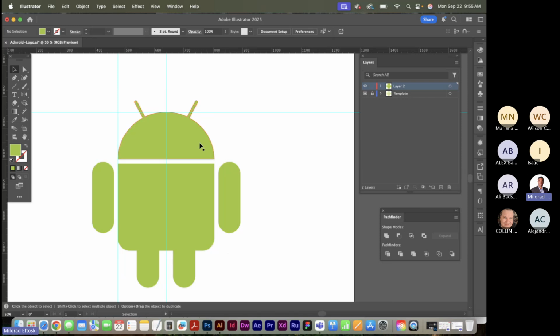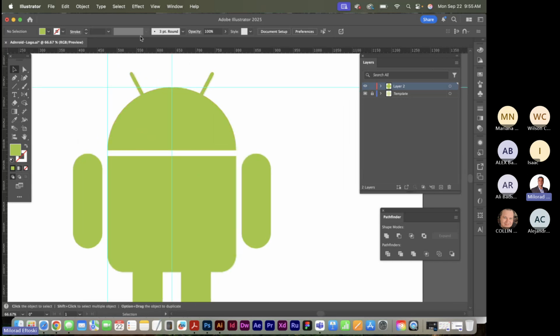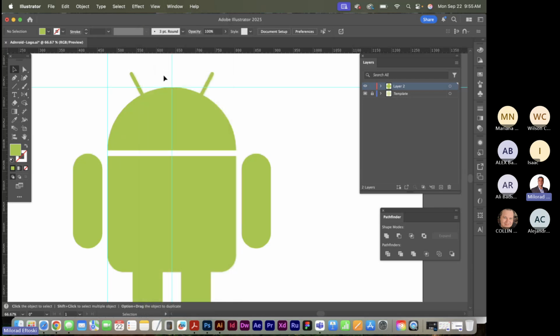But wait, there's more. We missed the eyes. There's two eyes in the head. So how do we see through to see the eyes? We flip to, again, outline mode. So I'm repeating a lot of these steps over and over again. I think I did outline mode like 20 times, if not more. So I'm going to press again, outline mode, Control Y